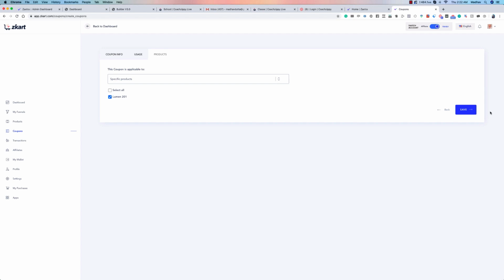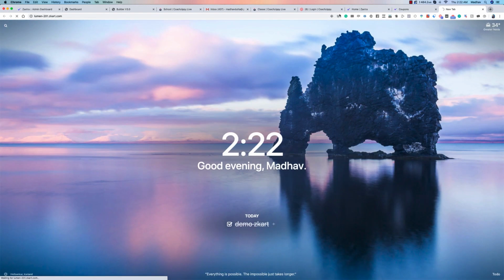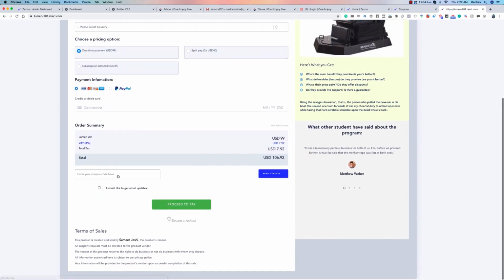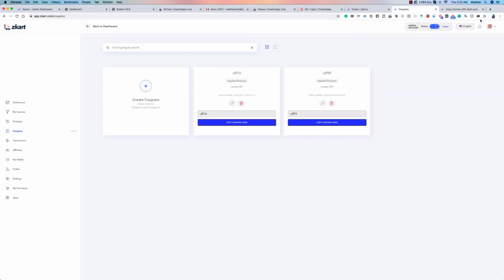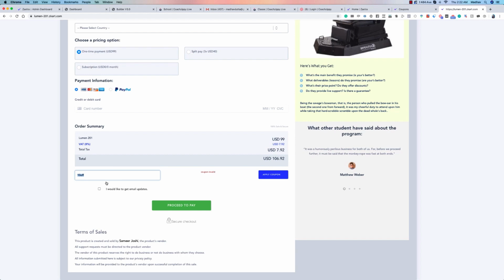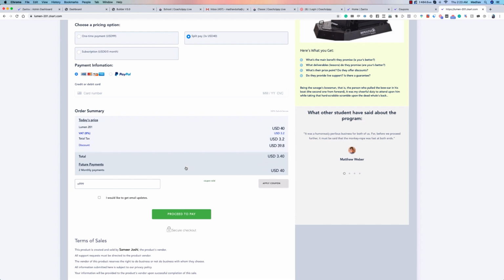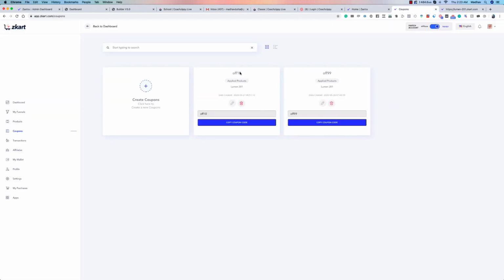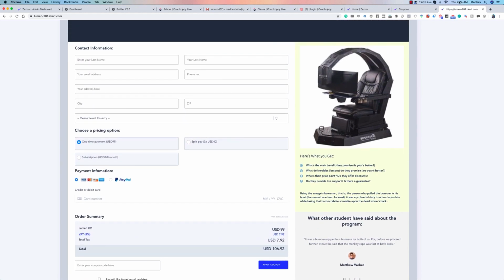If it's for a certain product or if it's for all products, let's say we take this for Lumen 201, the moment we do that, we can see that when you go to the Lumen 201 page on zkart.com and you try to give the coupon, it says invalid code. Why is that? 10 off is not the name of the coupon. The name of the coupon is off 10. So there's a system in place so nobody can fool around and try to put wrong codes in there. That's just not going to work. It really needs to be the coupon that you've set. And the moment you set that coupon, it'll actually also work on the checkout page, and your customer will get the benefit of